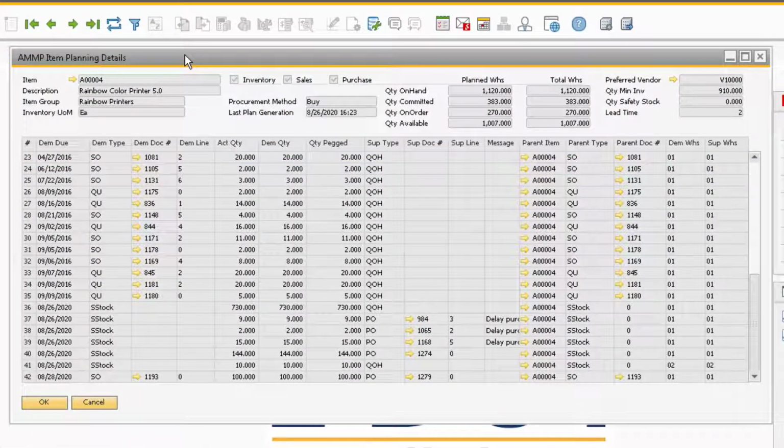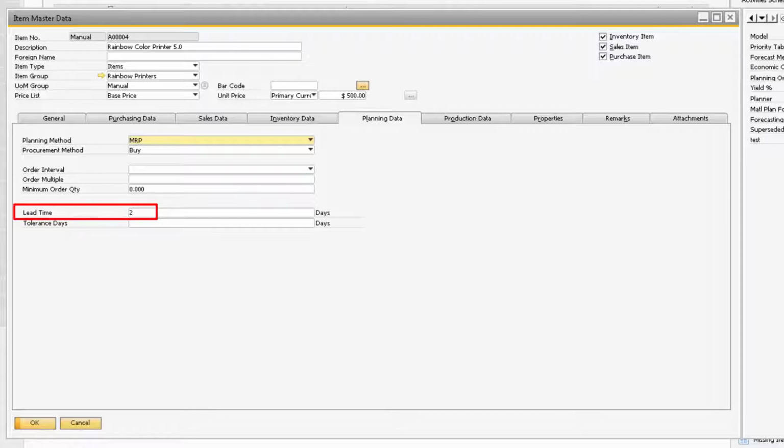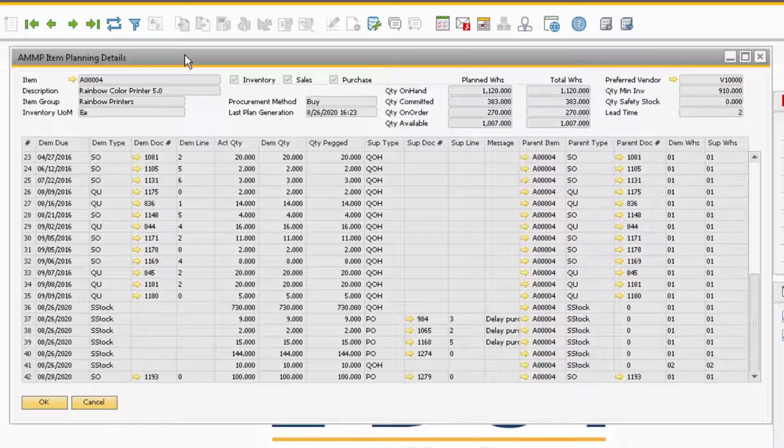If you are using safety stock instead of minimum inventory for your warehouses, then the total quantity of safety stock for all of your warehouses will appear in the Quantity Safety Stock field. Finally, the Lead Time field will display the lead time from the Planning Data tab on the Item Master for the corresponding item. Now with the header information out of the way, we can move on to the column detail